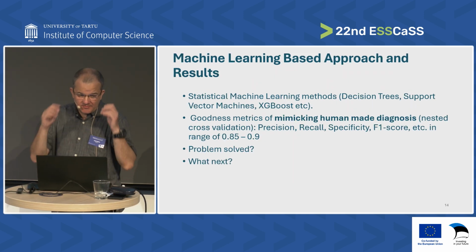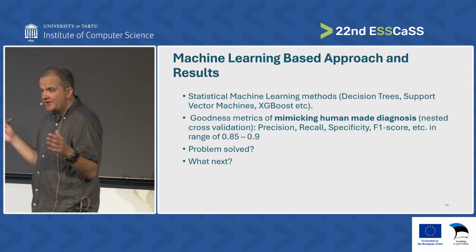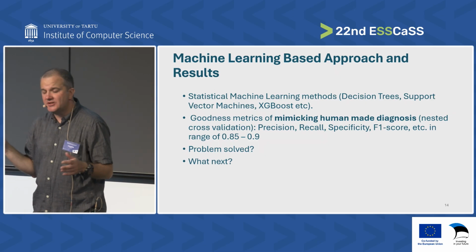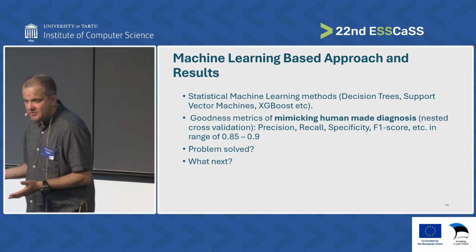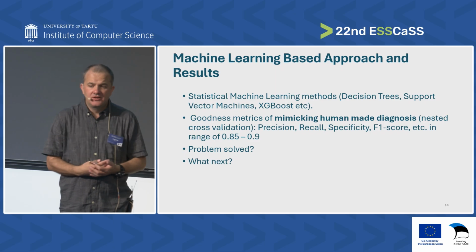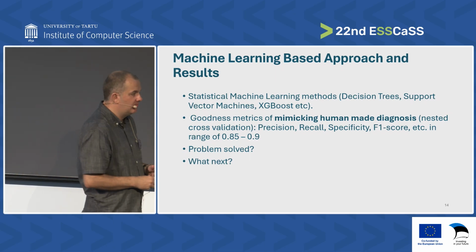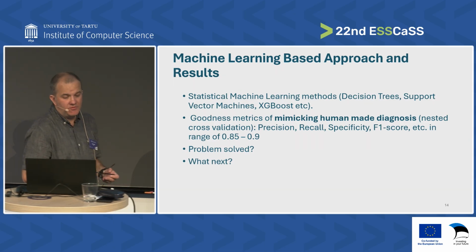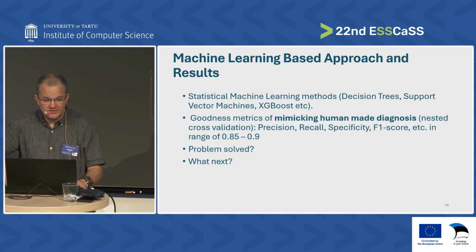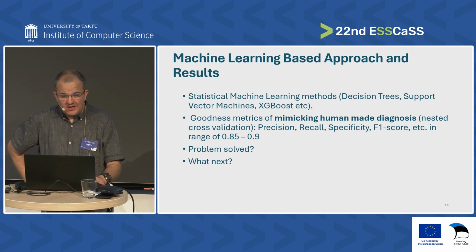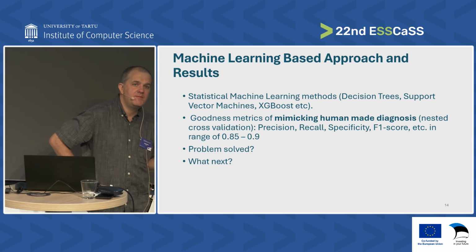In our research group, we started with small data sets, and first we concentrated our attention on decision trees, support vector machines, and XGBoost to find the best. We achieved the goodness of our models to be between 0.85 and 0.9 for different goodness metrics. But here I have to emphasize what it was: it was goodness of mimicking the human